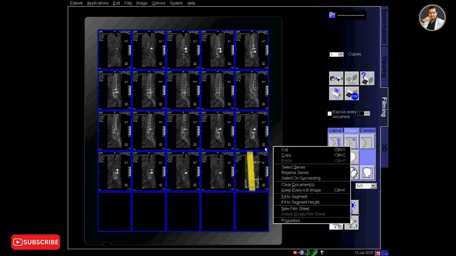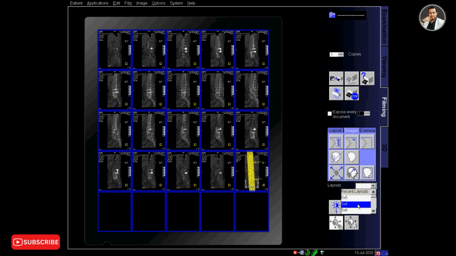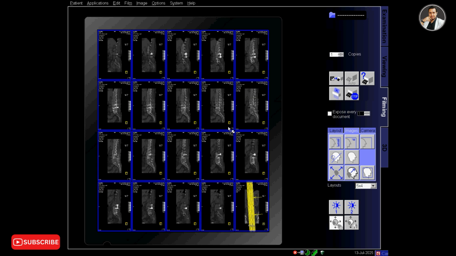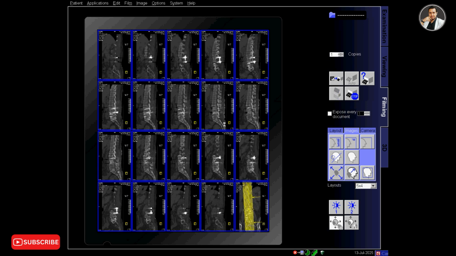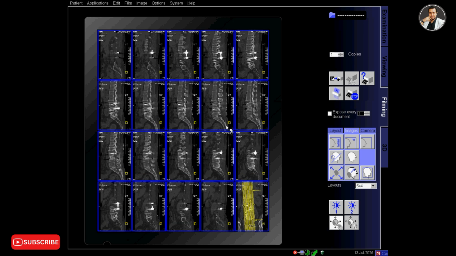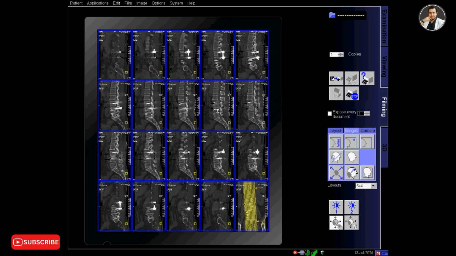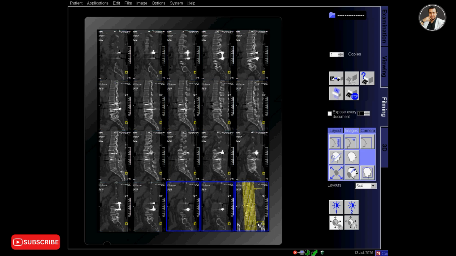In the filming, again change the layout to 5 into 4, and adjust the size and the position of the image, and also adjust the reference image. So this is the second film that I have created, and then print out.